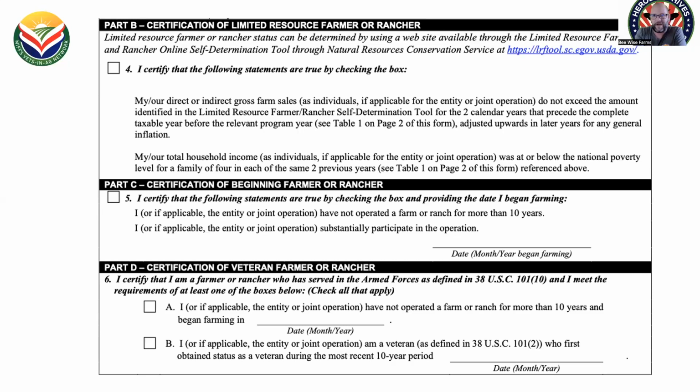I asked her, why didn't you give, I'm a veteran. I should be able to state that on the socially disadvantaged and limited resource farmer rancher form, CCC-860. And she said it's because you don't qualify for it anymore because the laws have changed. So this is something that you all should be very upset about. And if you are upset about this, contact your lawmakers, contact your senators, contact your congressmen, congresswomen, and tell them that the sunset clauses that are part of the USDA's beginning farmer, rancher, and farmer veteran programming